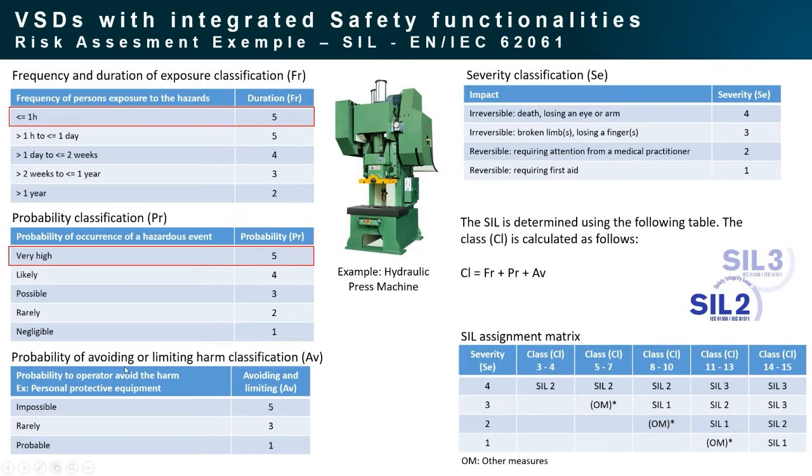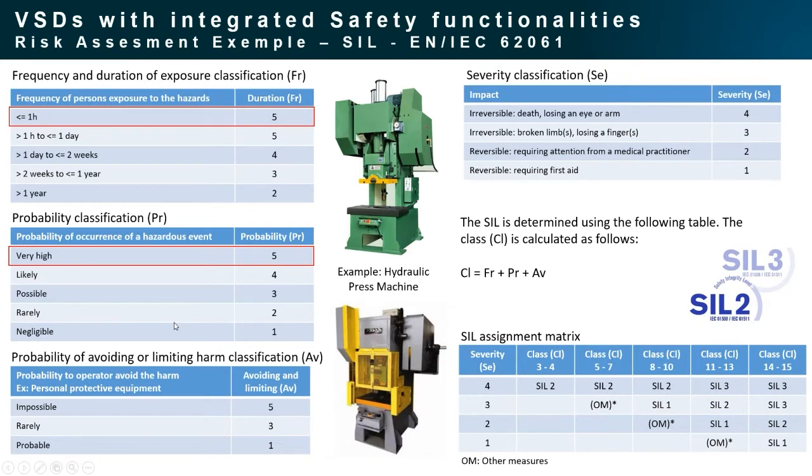Concerning the probability of avoiding it, there are several things we can install in the machine to reduce the risk. We can see here in the picture the yellow parts that will protect the operator from touching the dangerous part of the machine. And also it is possible to add, for example, the light curtain, which makes it possible for the operator to access the dangerous part of the machine only in a safe condition. But it will not reduce 100% of the risk. And so in this case, we will classify with number 3.